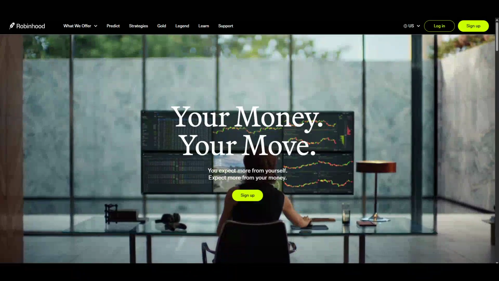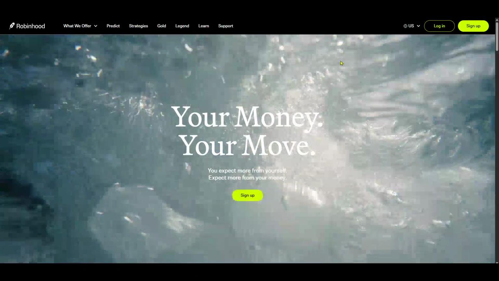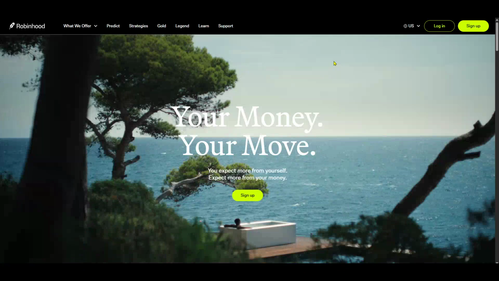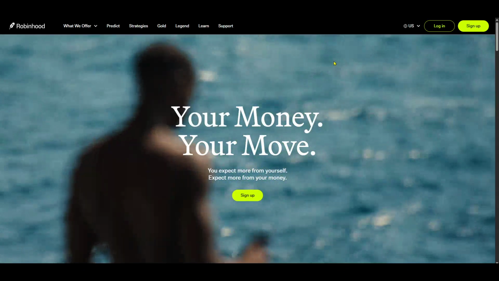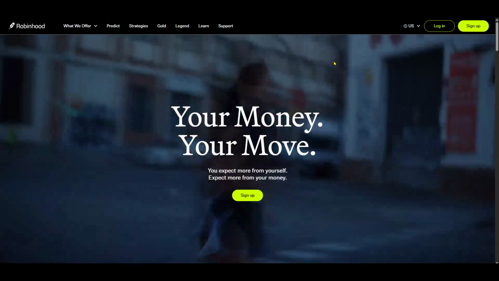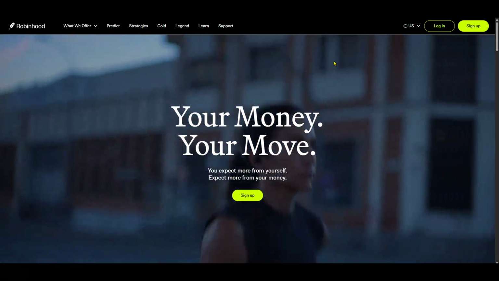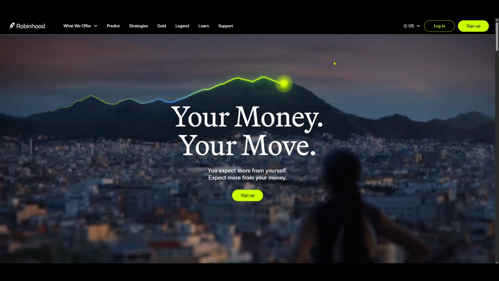In today's video, I'm going to teach you how to see your total profit in Robinhood in just a few minutes. With so many features packed into the Robinhood app, it might seem a bit daunting to navigate through it all. But worry not. We're going to walk through it step by step so you can easily keep track of